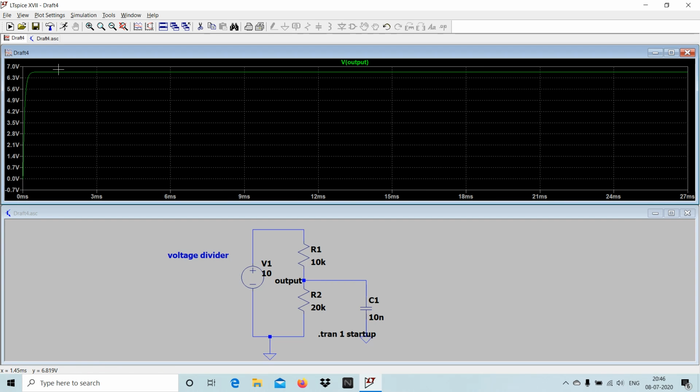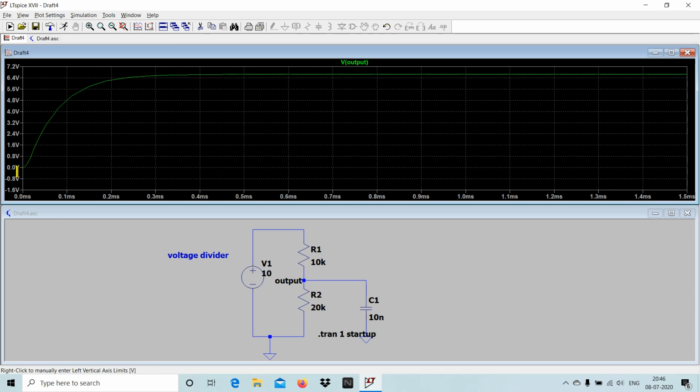Yes, so now I got the value. It is starting from 0 and gradually increasing, then it reaches the constant voltage.